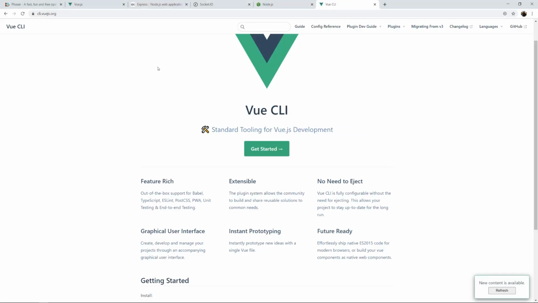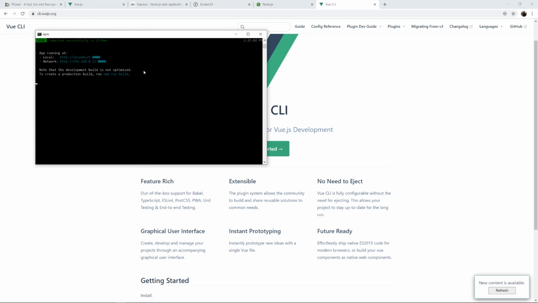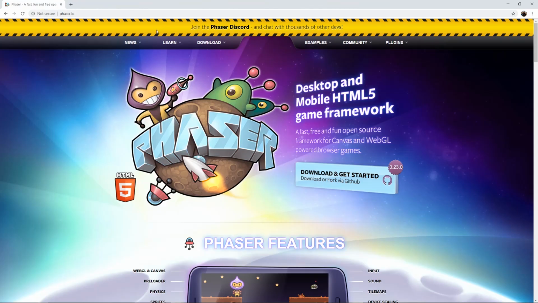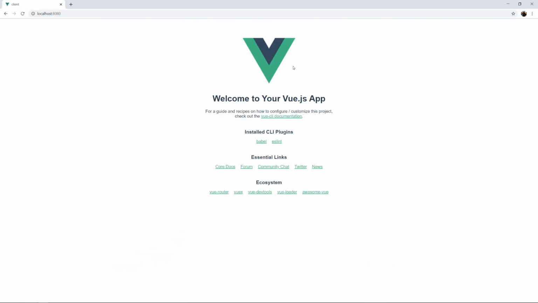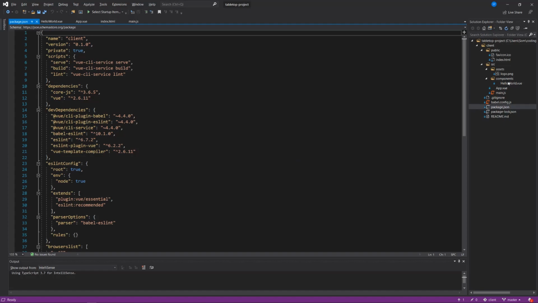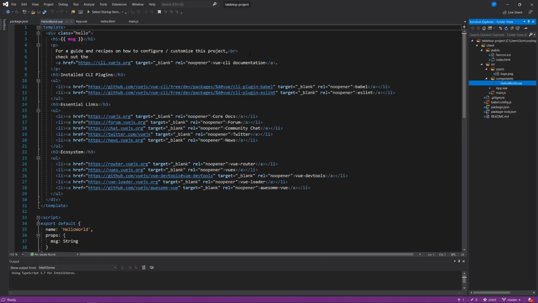If we navigate now, well, let's look. It tells us in our command line interface that the app is running at localhost:8080. So we don't actually need all of these different windows. I'll just close them and navigate to 8080. And we see this simple app running that says, "Welcome to your Vue.js app." That's all of the HTML and CSS that we saw located in the HelloWorld